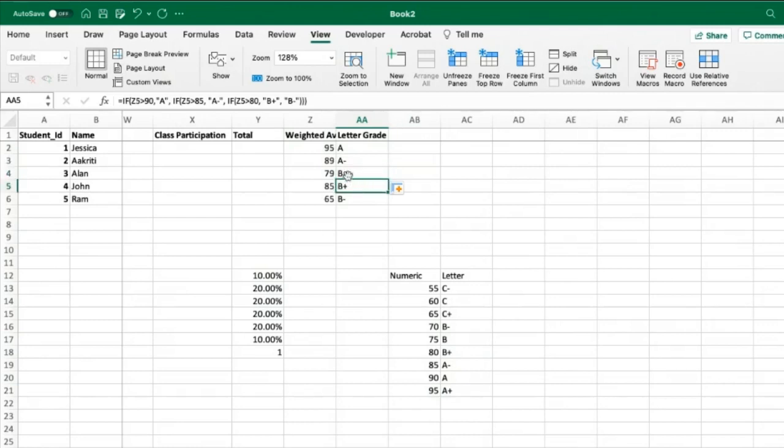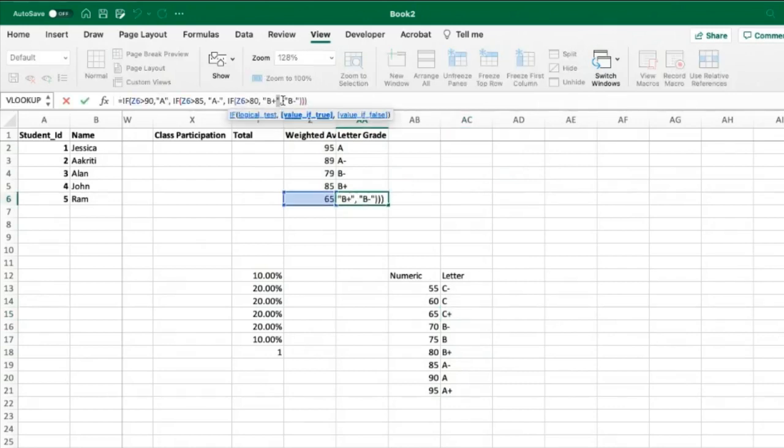So now the student has a B minus, the student has a B plus. And again, we'll see that even the student who has a 65 still has a B minus when he should be getting a C plus. So we're going to expand this formula a little more. So now we're going to have four if loops. And again, the way to do it, delete the value if false and just replace it with another if loop. So if